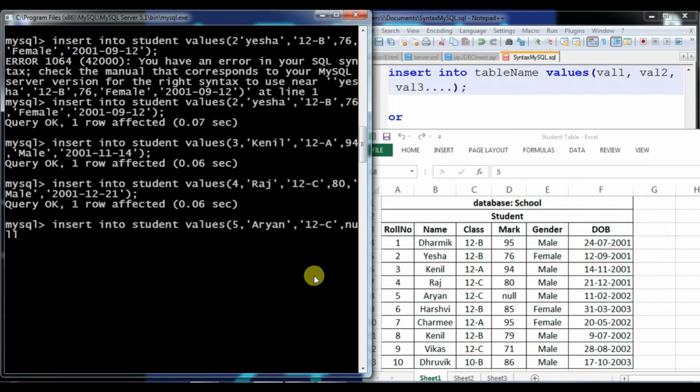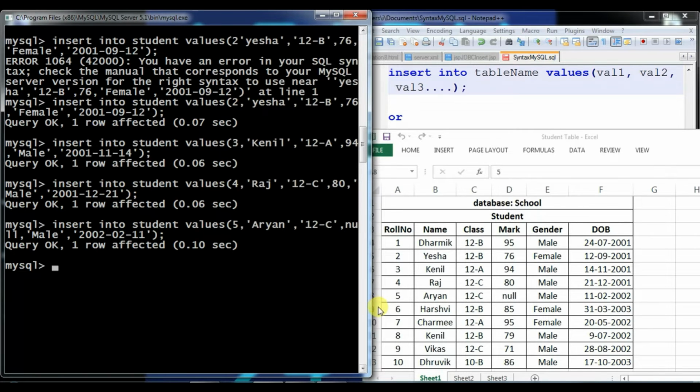Why? Because till now we have seen that single or double quotes are used with the string format or the date format. So null, then as per the regular format, male, and then the date format, 2002 in single quotes, then month and date, round bracket over and semicolon. That's how you can insert the null value.